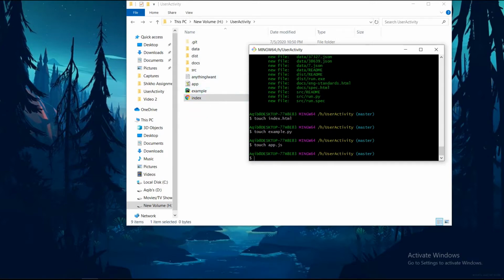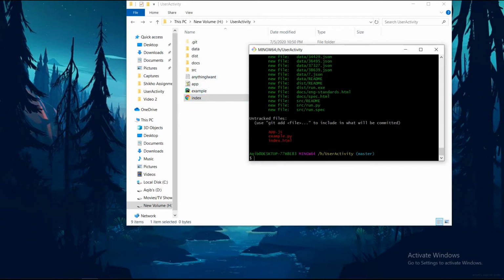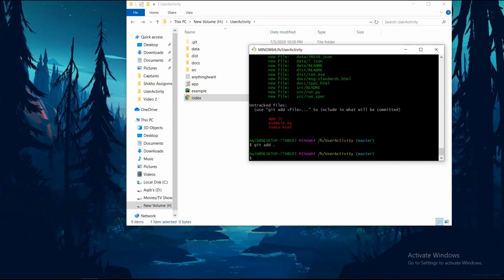Simply creating those, and if you see git status, these are files you have not added, so you have to use git add. You can select one by one, or you can simply use git add dot for all of these. So all of the files will be added. Suppose you have